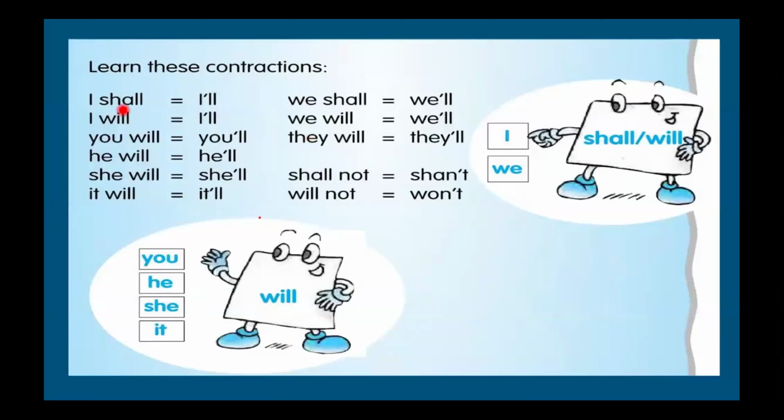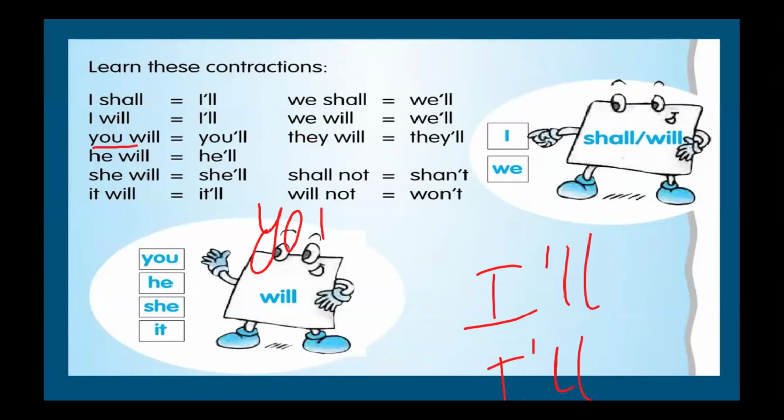Let's see some of the contractions. I shall becomes I'll, or I will becomes I'll. How do you pronounce it? I'll. Next, you will become you'll. Next, he will become he'll. He'll go with me. She will becomes she'll. It will becomes it'll. It'll rain today. Okay, it'll. We shall becomes we